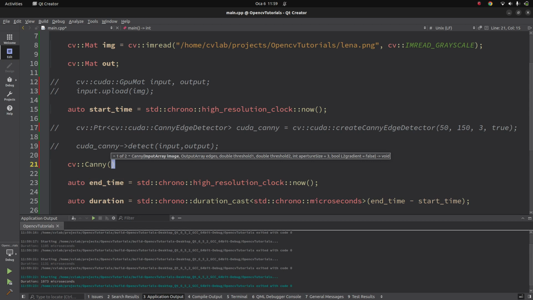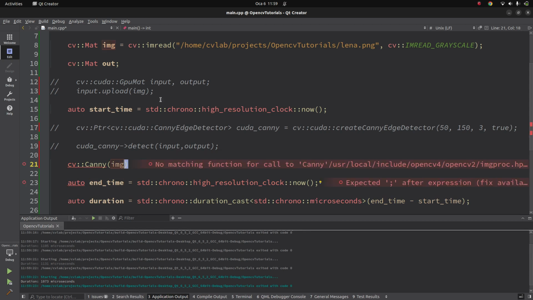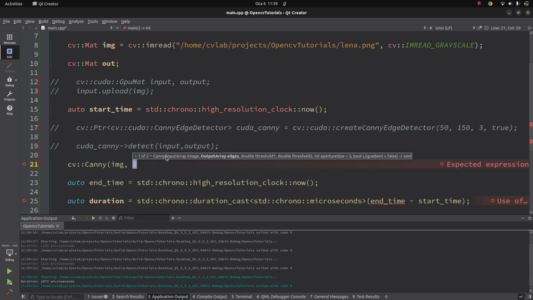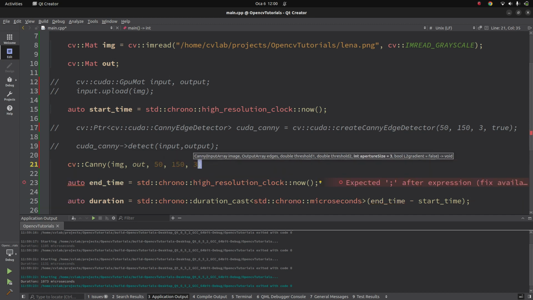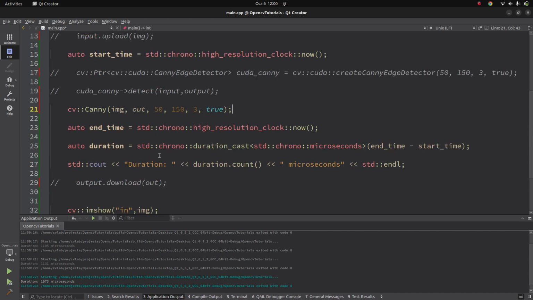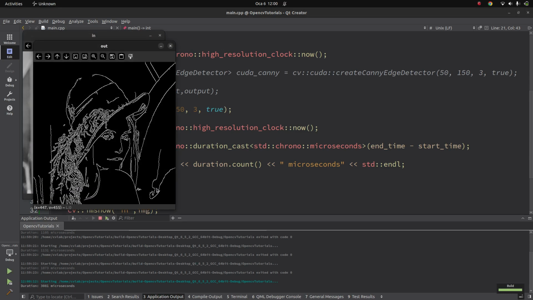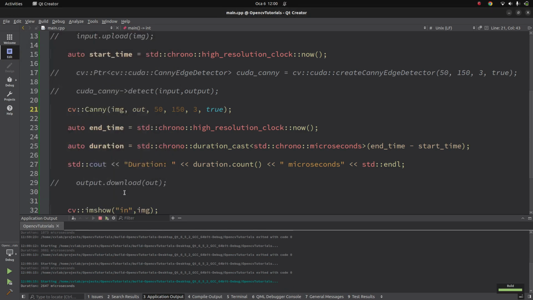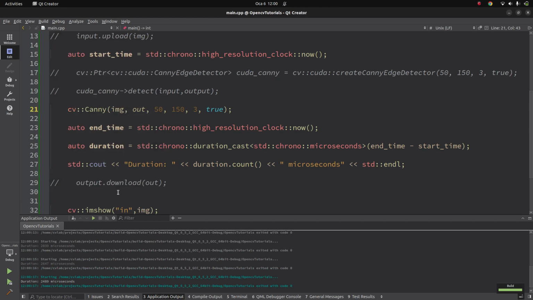All I need to give is the image, not the input, of course, since there is no input here. And after that I need to give the out to see the output. Threshold 1 is going to be 50 and threshold 2 is going to be 150, aperture size 3, and the other one is going to be 2. Okay, and let me calculate the time for this one. Okay, 3 milliseconds, 2 milliseconds, 2.6, we can say approximately 2.5 milliseconds, which is 2.5 times slower than the CUDA